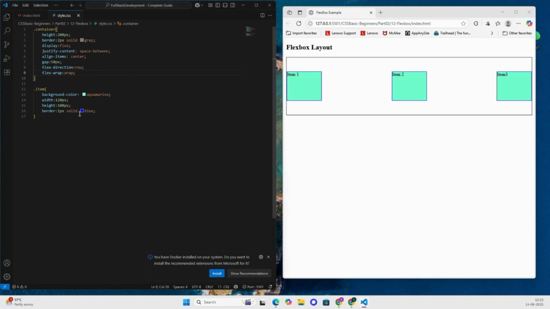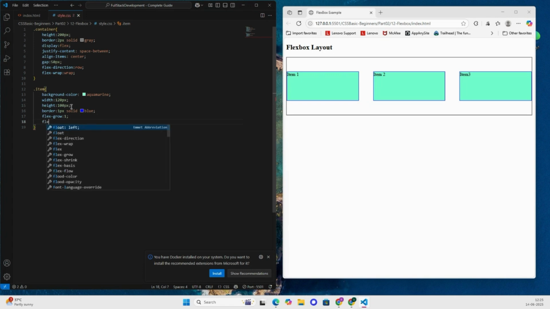Next, go to this item. In this I'm going to give the flex-grow property a value of 1. This will simply grow my items. If you observe, this controls how my items grow relative to the others, right? Here all items grow equally because we have given the grow value as 1. Okay,